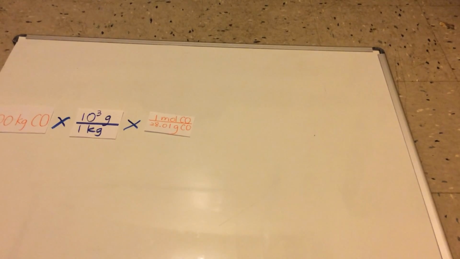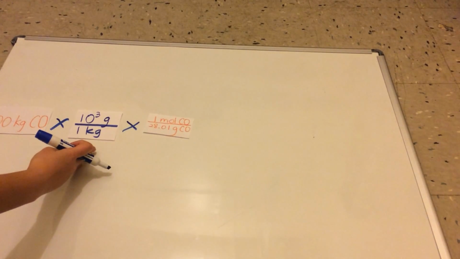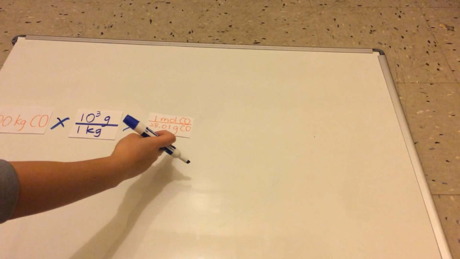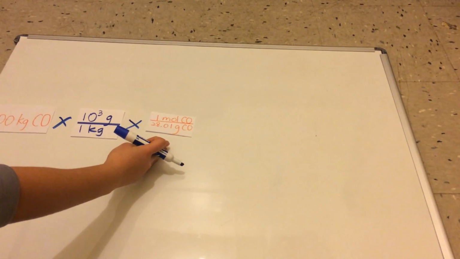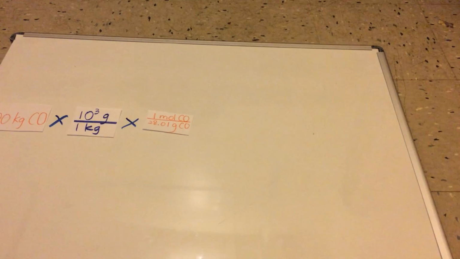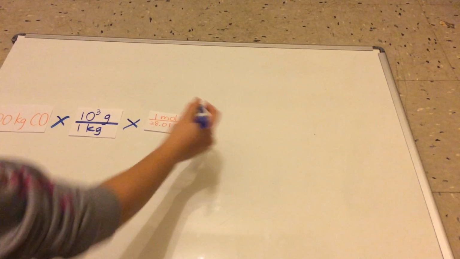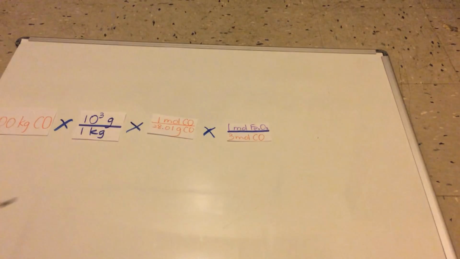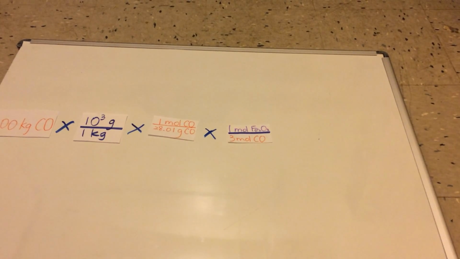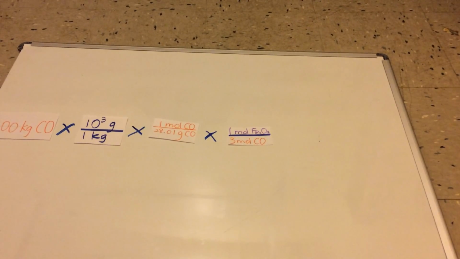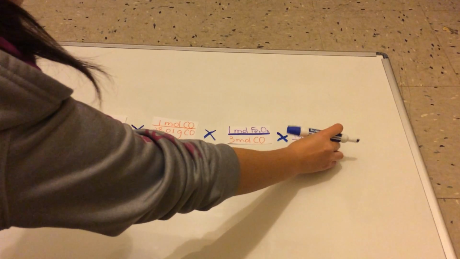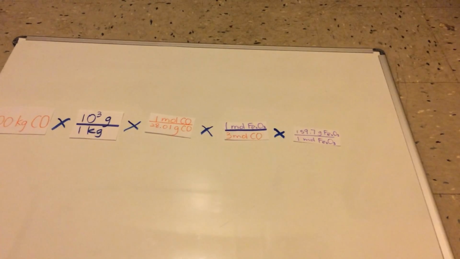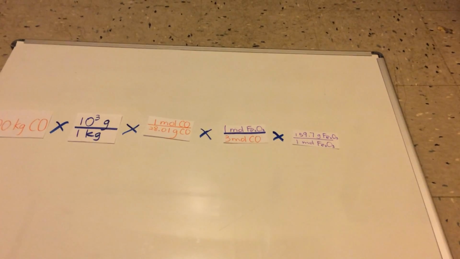First, convert kilograms to grams. Then, divide the mass by the molar mass to get the number of moles of carbon monoxide. For every 3 moles of carbon monoxide, there's 1 mole of iron(III) oxide reacting with it, which enables us to find how many moles of iron(III) oxide are reacted. Then, we can find the mass of iron(III) oxide reacted by multiplying it by the molar mass,